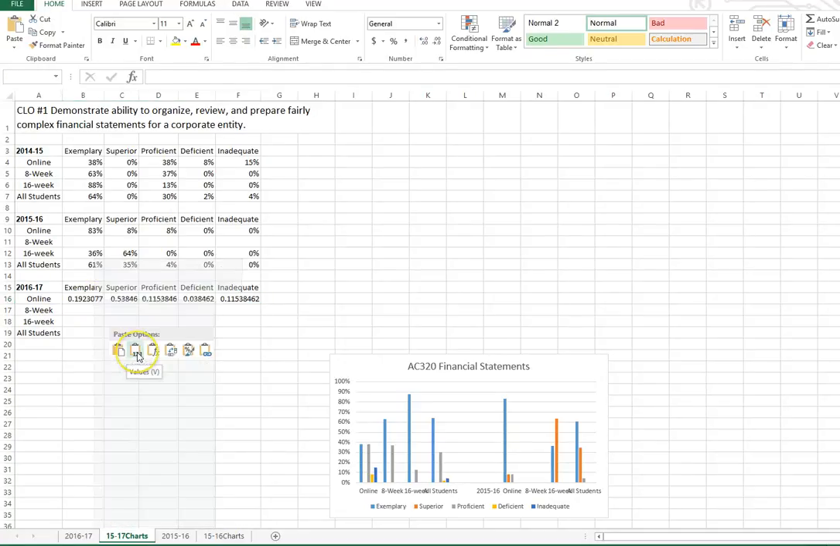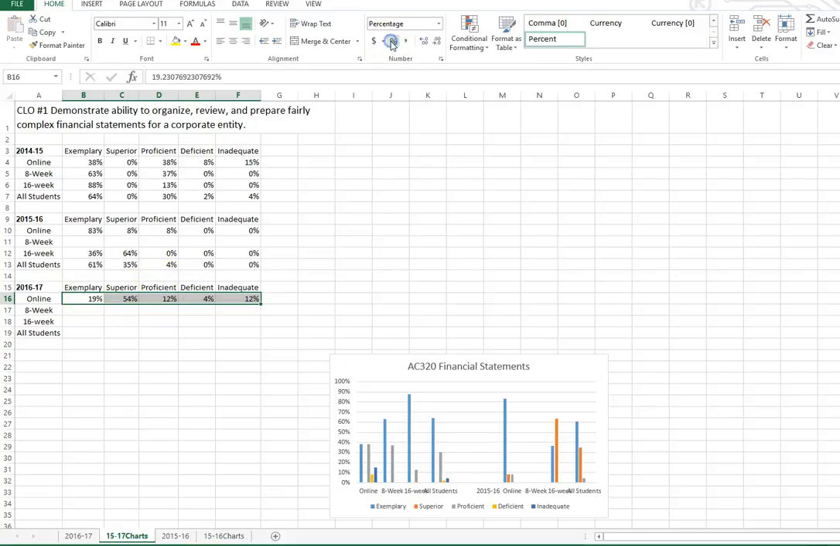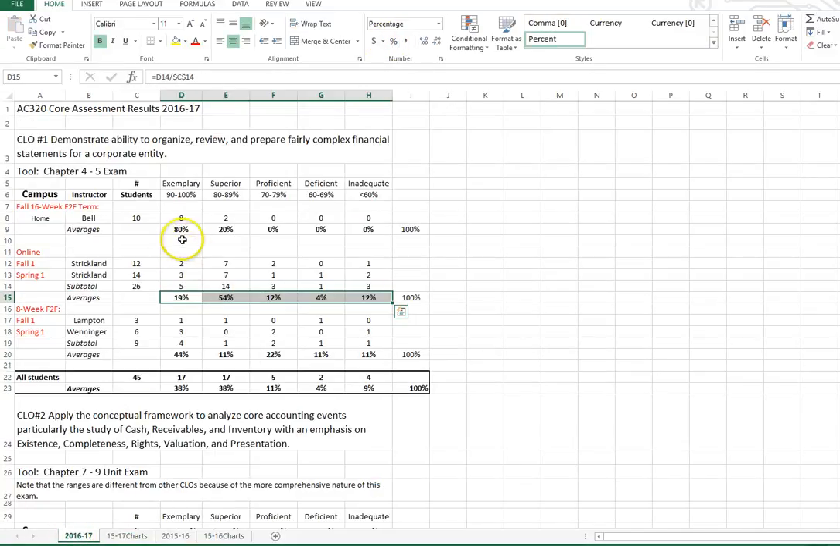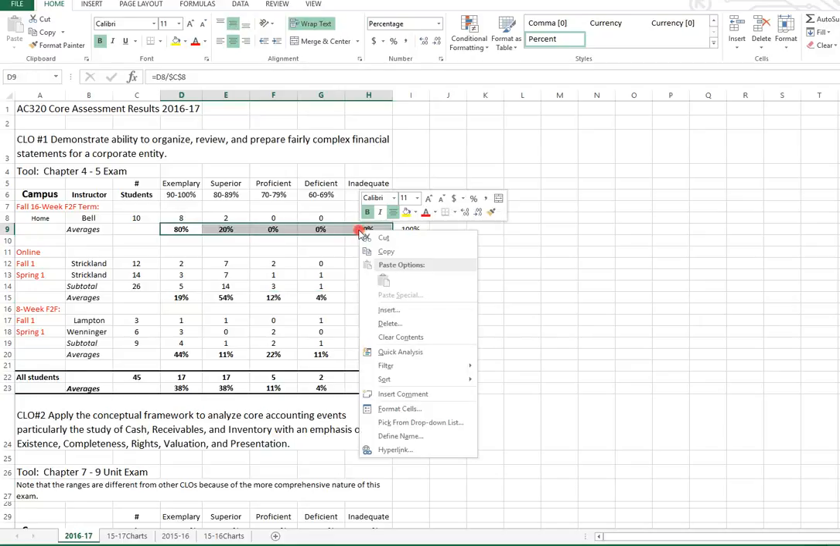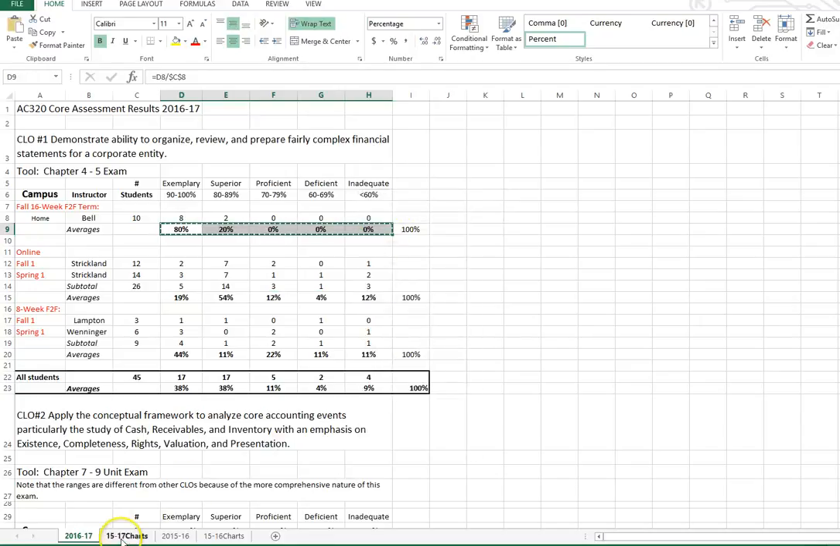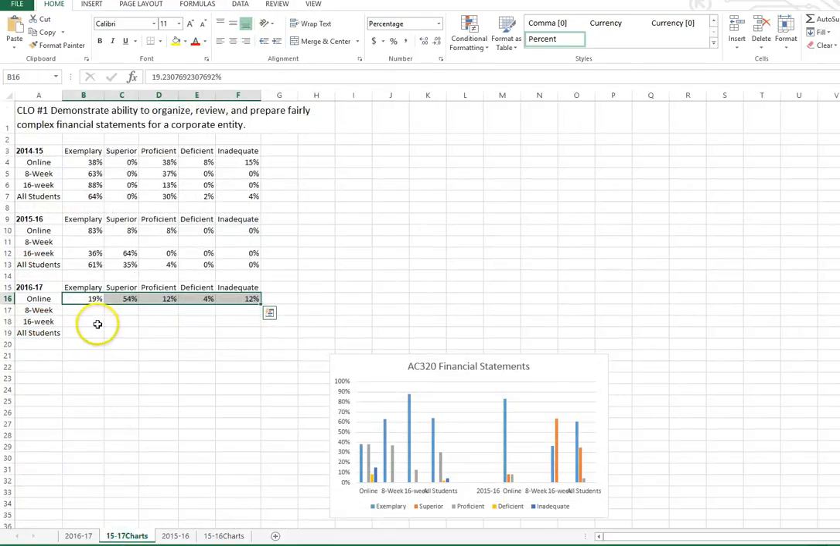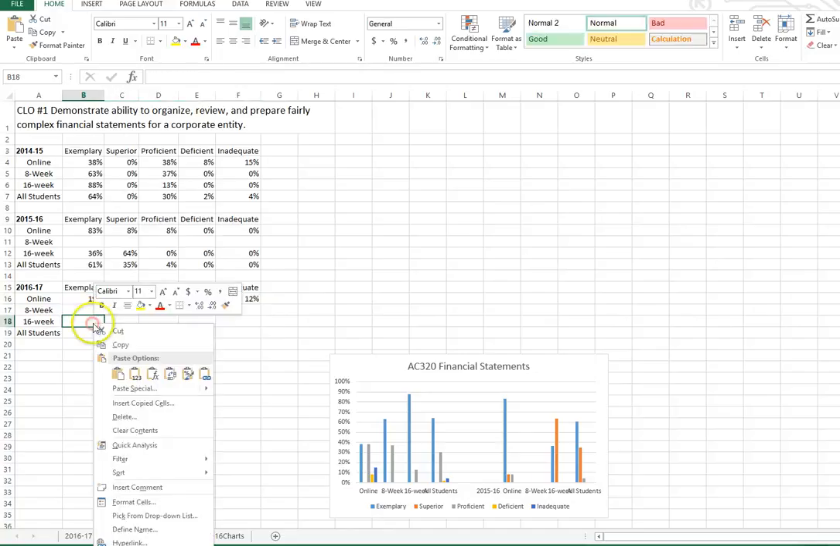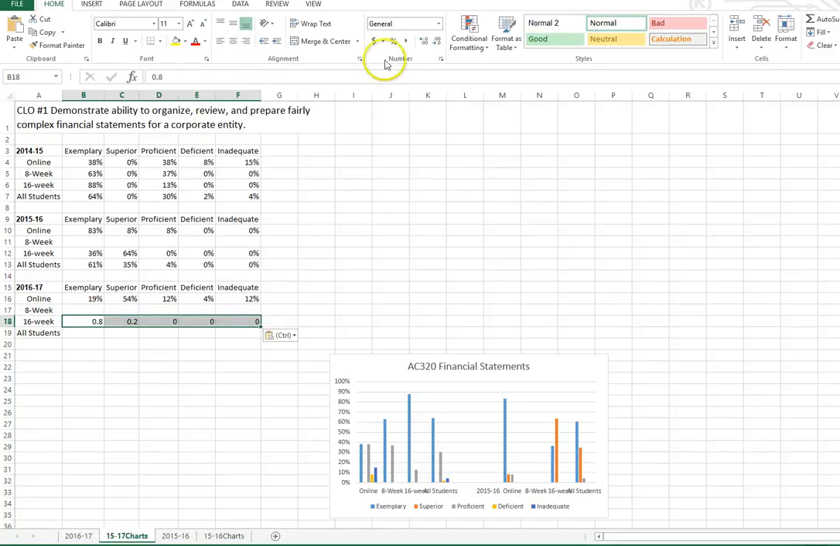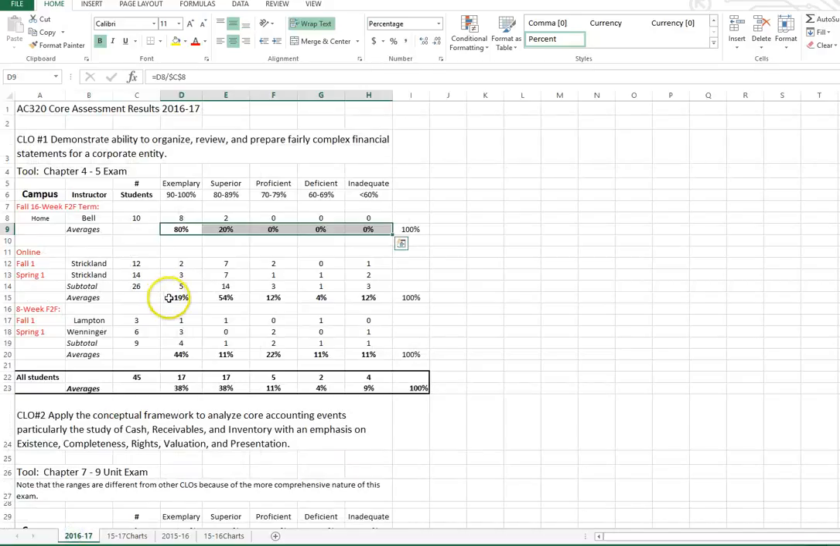Maybe I want to do value. I can do value, and then I'll change that to a percentage. There we go, 19. Okay, let's go ahead and do the 16-week. Right click, copy, paste the value, do the percentage, and then the 8-week,